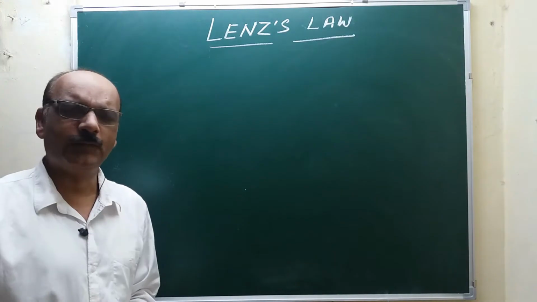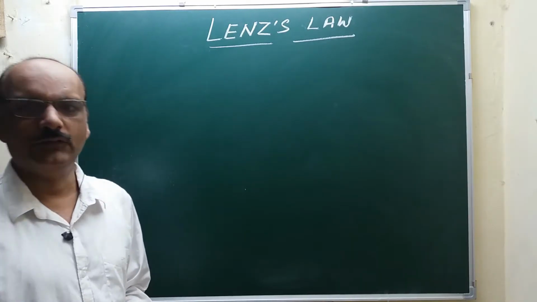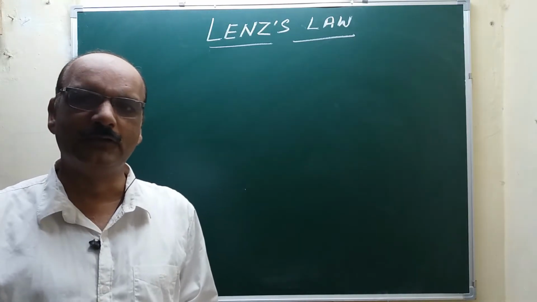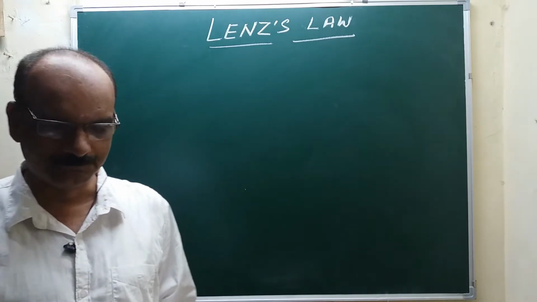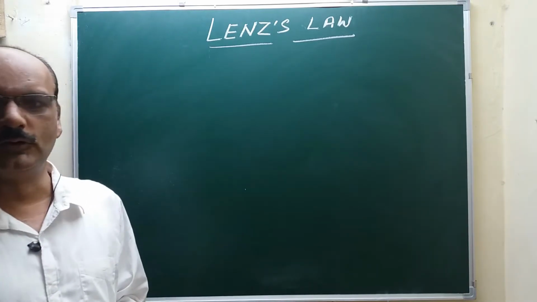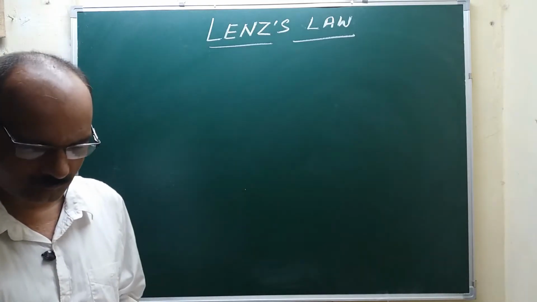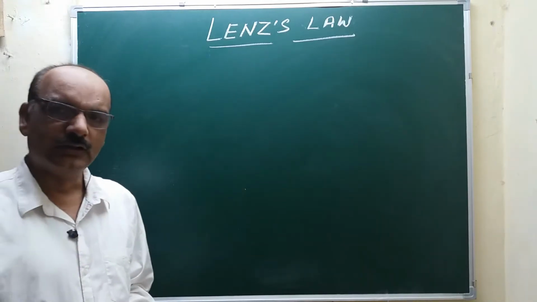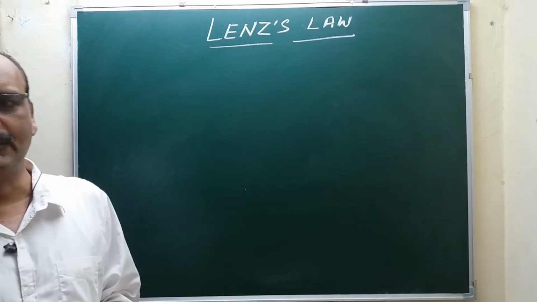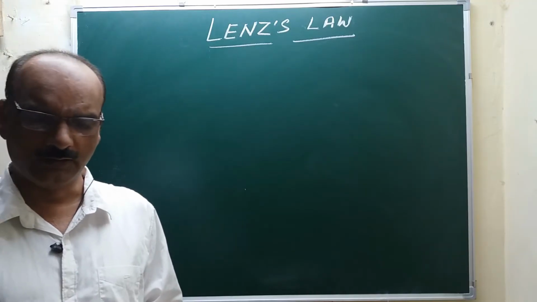According to Faraday's law of electromagnetic induction, if magnetic flux linked with a conductor changes, then an induced EMF will be set up in the conductor. And if the conductor is in the form of a closed loop, then induced current will flow through it. And the second thing is that the magnitude of the induced EMF is directly proportional to the rate of change of